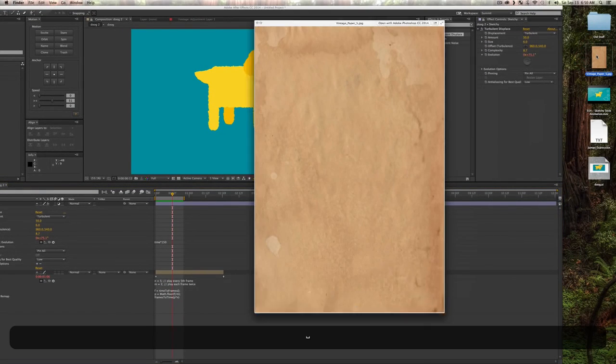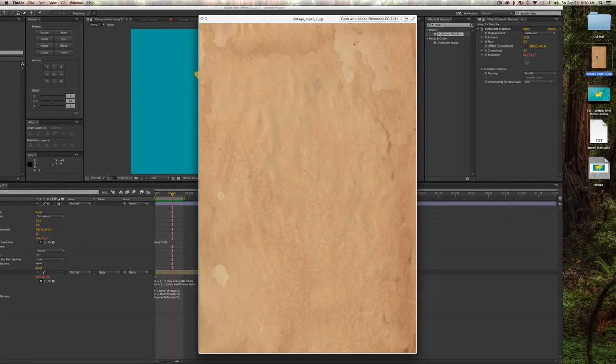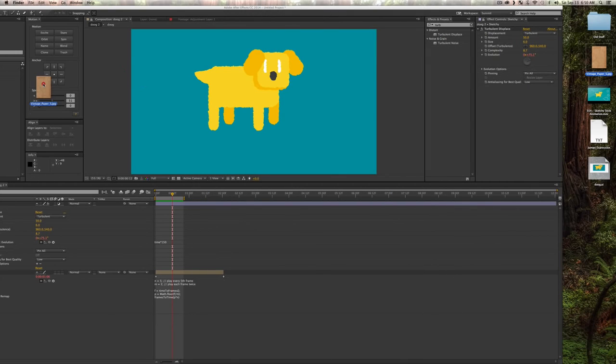You can download paper textures, or really any textures, from this really awesome website called Lost and Taken, which I'll link below. They're all free, and they're just an incredible archive. The guy's done a great job. I use them for a lot of 3D projects, but I'm going to just drag this into our project window